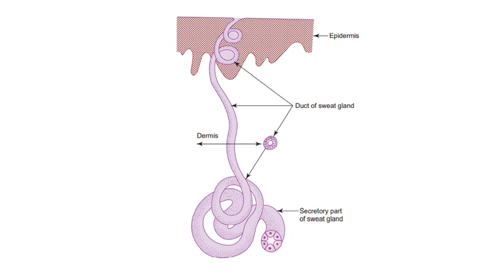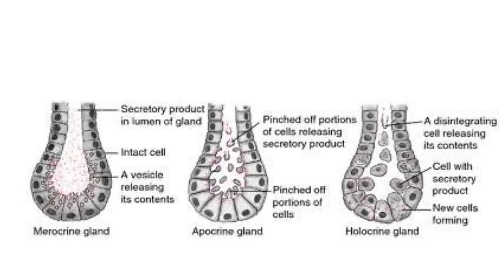Now, these sweat glands are of two types. They are present in human beings and they are of two types, merocrine and apocrine, depending upon the secretion. So, let us see what the secretion is. Merocrine gland means a vesicle is released from the upper part of the gland, that is the secretion, and the secretion is carried through the duct. Apocrine gland means the apical part pinches off and disintegrates as it is secreting. Whereas a holocrine gland means the whole cell disintegrates and is released as the content. Okay, so merocrine, apocrine and holocrine.